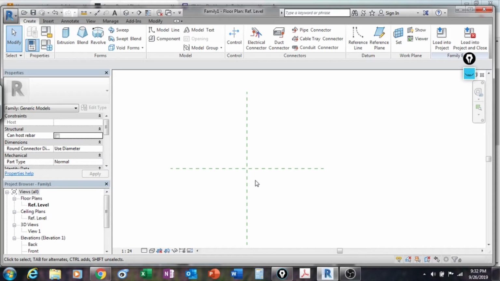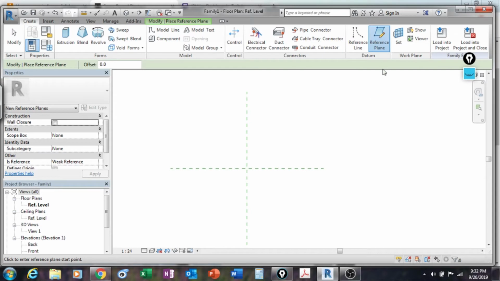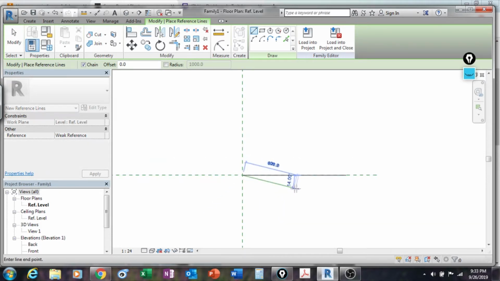Typically, I will start with reference planes, but the problem here is that if you go reference plane, you can only draw planes, and I need to draw some circles. So reference planes is not gonna be good for me in this opportunity. I'm gonna go for reference line and right to the left. If you go here, you see you have the option for circle right here. So let's start it. So we said we're gonna need first a circle